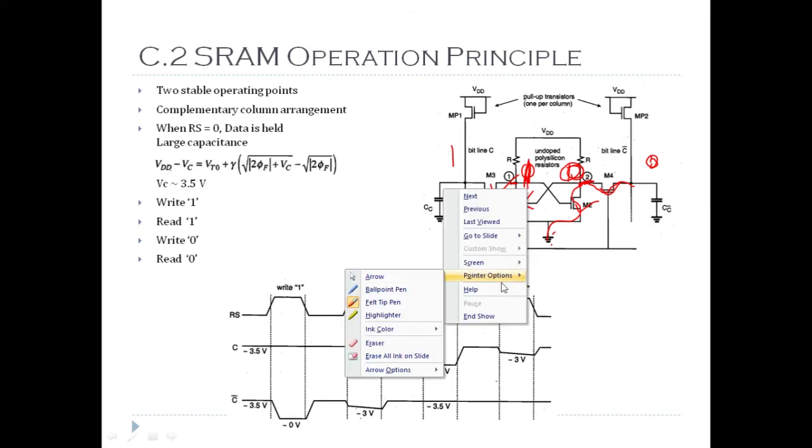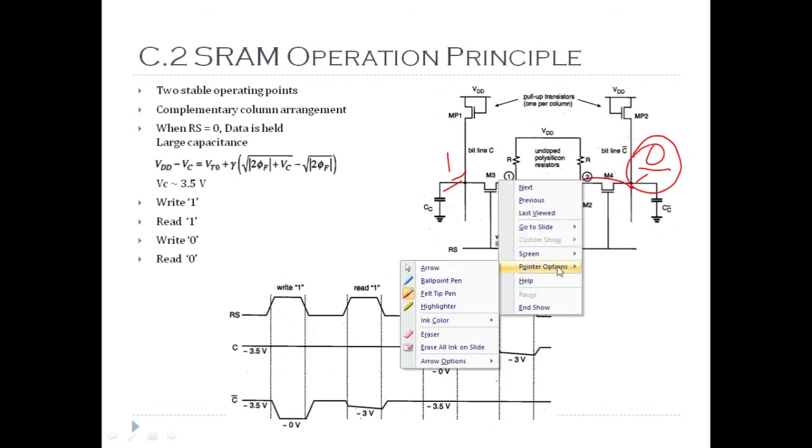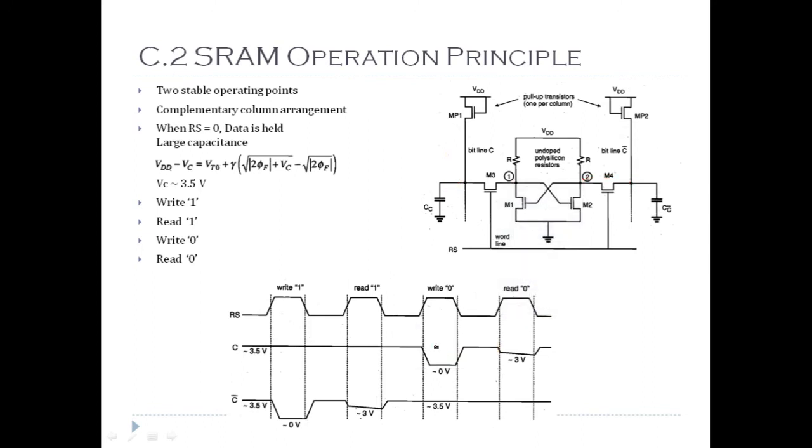One thing you have to remember, whenever you want to write 1, this becomes 1 and this becomes 0. So normally while writing, you have to always remember 0 is dominant. So even if you want to write 1, you have to consider the operation considering C bar equal to 0, right? So this is something you should remember. Now while write 1, you can see C voltage, that is equivalent 3.5, but C bar is pulled down like we have seen, and then the value is written to the cell.